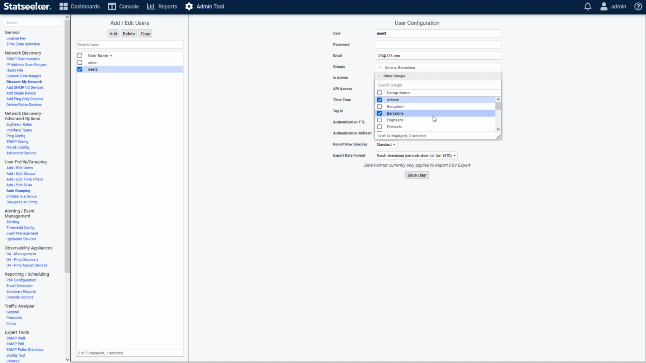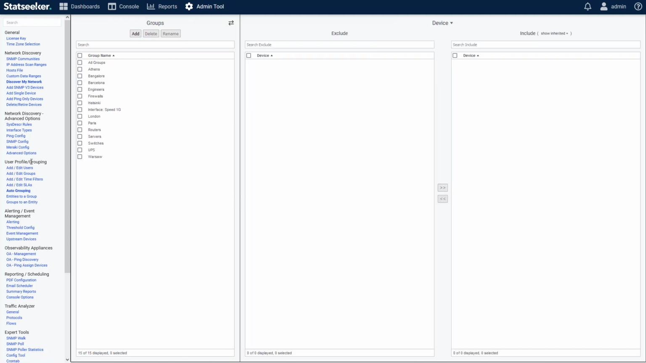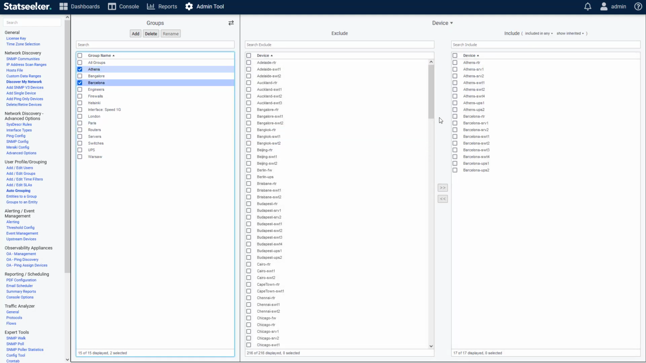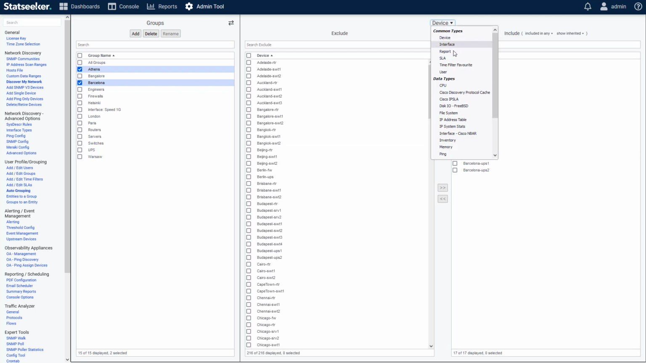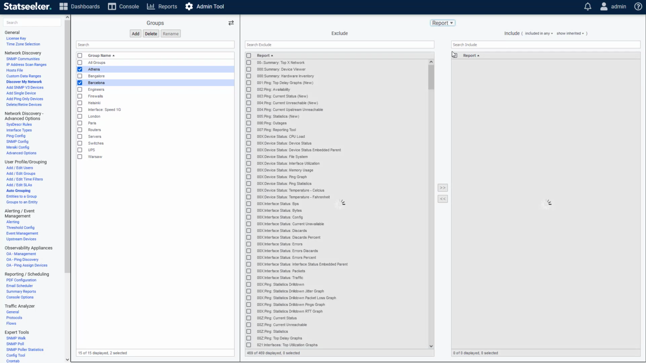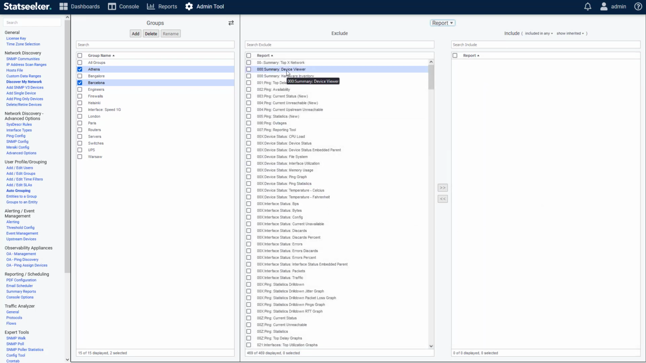The Athens and Barcelona groups contain devices, but they don't contain any reports. In the admin tool, user profile and grouping, add and edit groups. I'll select my groups, and we can see the devices in these groups. I'll switch to users, and we can see that our new user is also a member of the groups. But if I switch to reports, we can see that neither group contains a report. I could select some reports and add them to the groups,